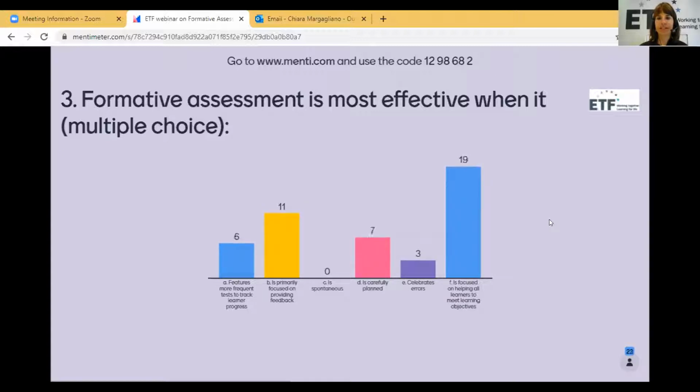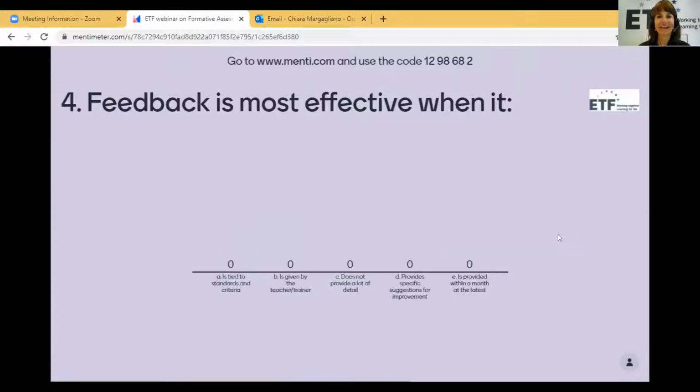So we see the highest score so far is focused on helping all learners to meet learning objectives. And the second position is primarily focused on providing feedback. Let's go to the last question because we need to go on with the presentation. Feedback is most effective when it is tied to standards and criteria.